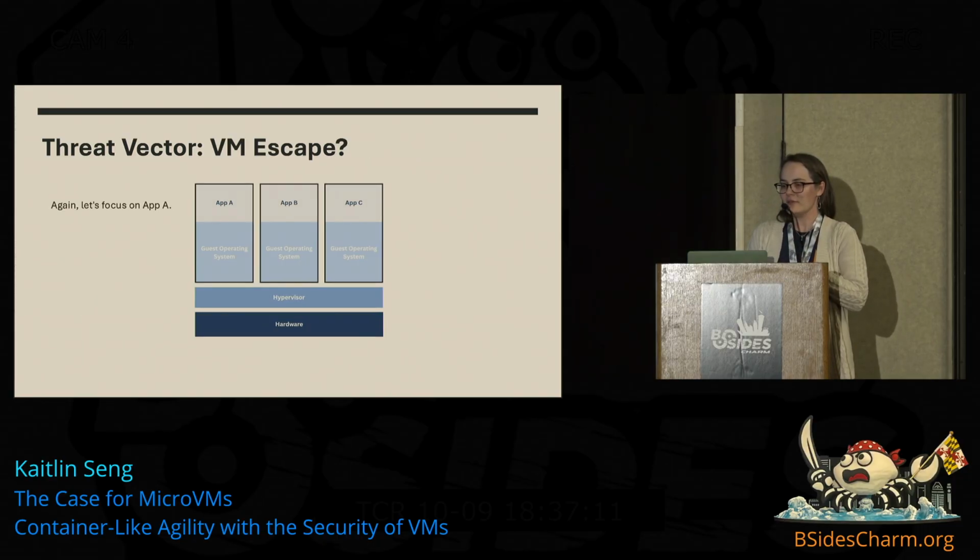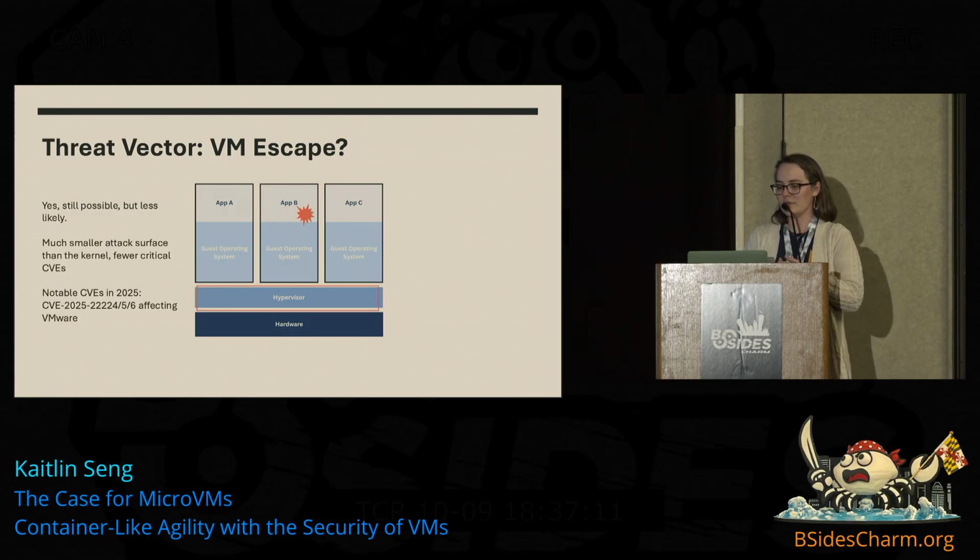So how about a VM escape? Can the same thing happen there? Let's say, again, we are responsible for app A, we're concerned about app A, but a different app running on your host, in a different VM, is compromised. So yes, I will admit that VM escapes do happen. In 2025, we did see a critical trio of CVEs that could be chained together affecting VMware, but